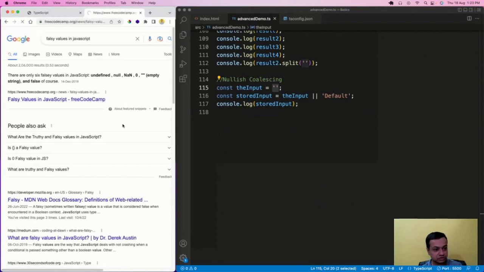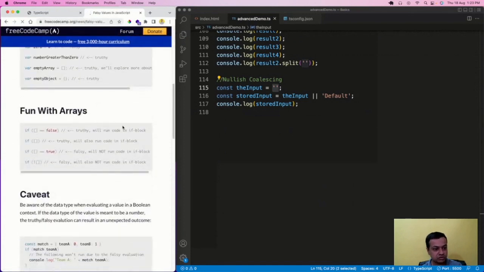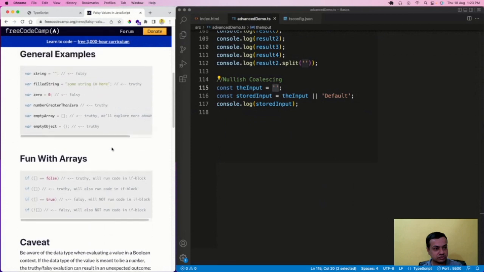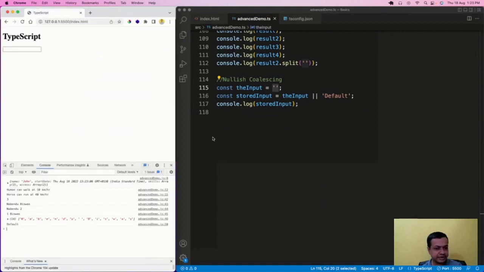So, falsy values. Okay, so see, this is a falsy value. That's why it is going to the default. Okay, so it is going to the default. So the next thing is that